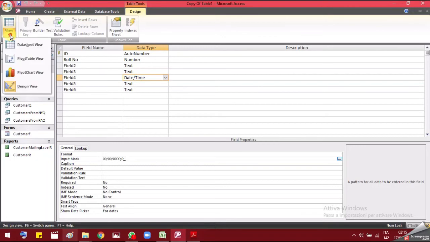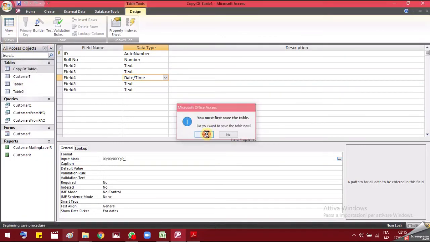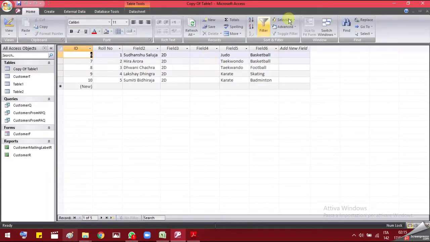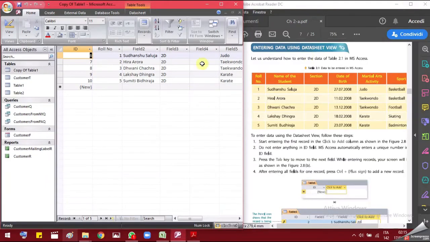Now let's try and go check our datasheet view. Now these fields had been removed as it had informed us earlier while we were changing the format. So what happens now? If I click now, see it is giving me the format for date. So I just have to write